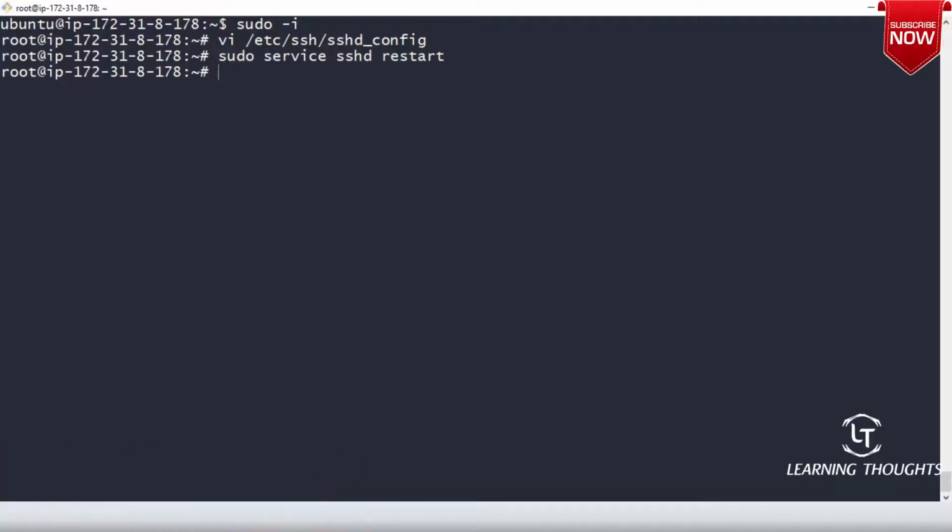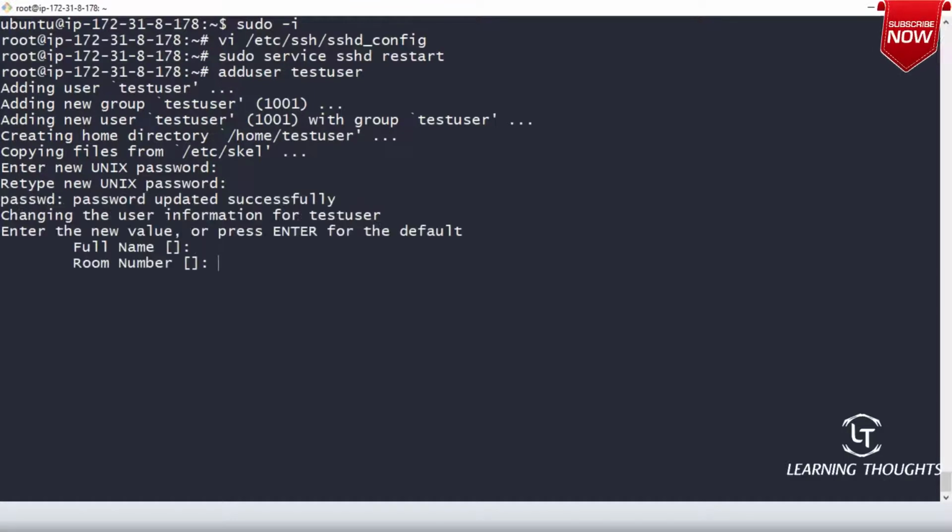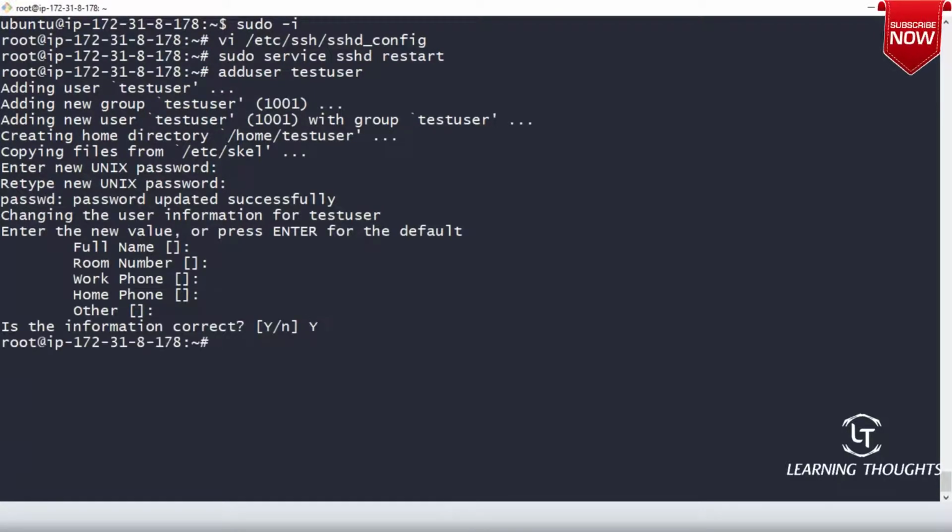Right. So let me create a new user. There is no need for sudo. Add user. Let me call it test user. The password is also test user. Now I'll exit.